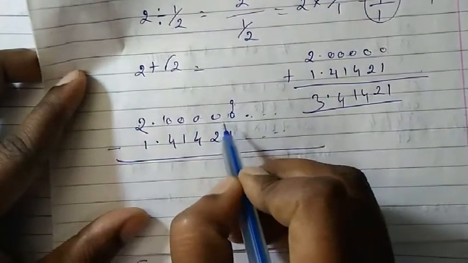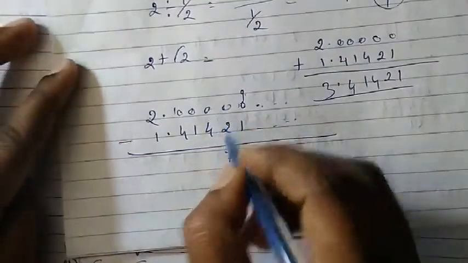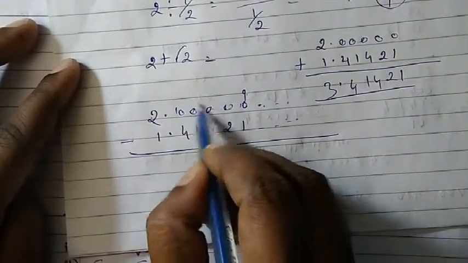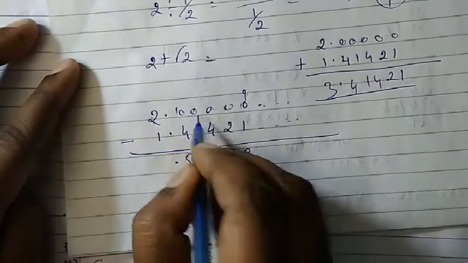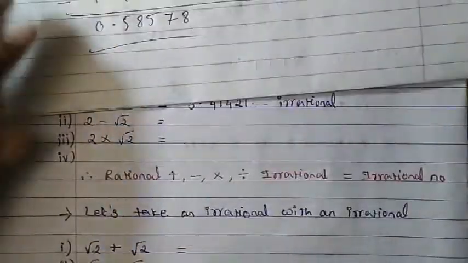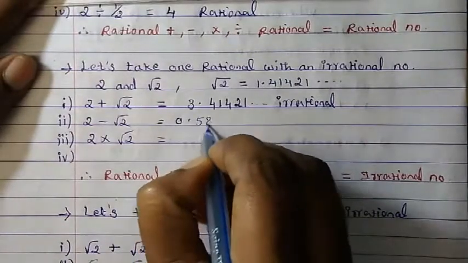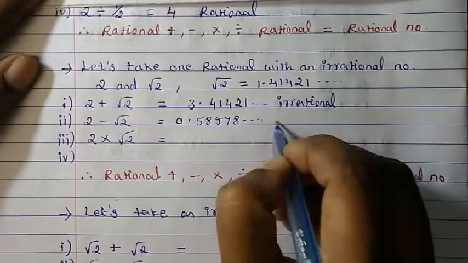Here also will be 9. So 9 minus 2, 7. Here will be 9. 9 minus 4, 5. 9 minus 1, 8. Here also will be 9 because it is given here. So 9 minus 4, again 5. Here already 1 is given, so we'll get 0. So what we will have here? 0.58578, which is also an